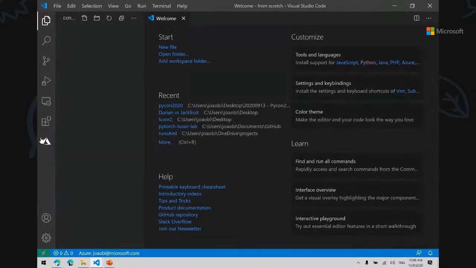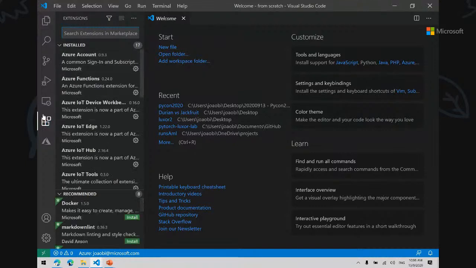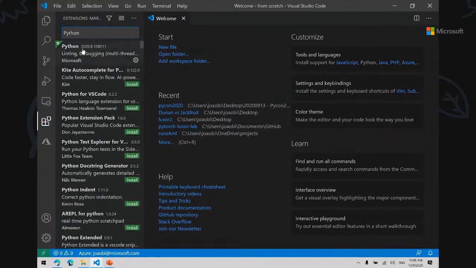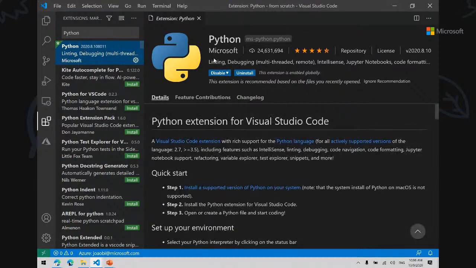As you can see here on the left, you have several icons. The first one is the Explorer. I don't have any files within this folder, so it's empty. The first thing we would need to do if you wanted to use Python would be to install the extension for Python. By doing that, I would just have to go to the extensions menu, type Python, and you'll see the first result popping up would be the Python extension. It's already installed, so I don't need to install it right now. But if you hadn't, you just had to click install, and it would be immediately available to you.